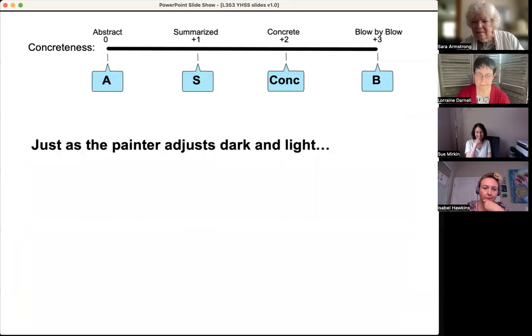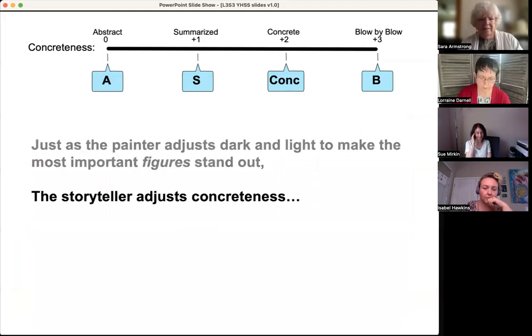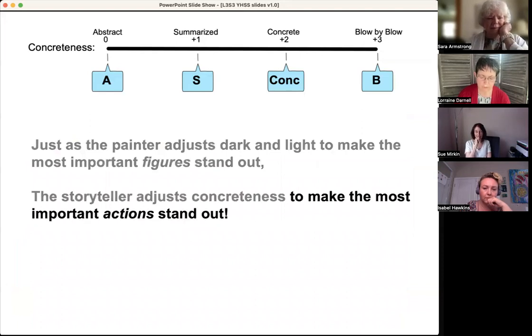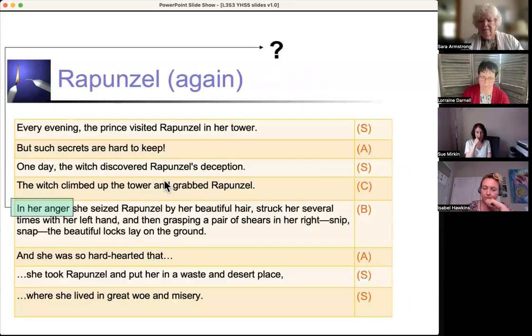So just as the painter adjusts light and dark to make the most important figure stand out, the storyteller adjusts concreteness to make the most important action stand out. So any questions on that first slide before we go on and review the second one? I forget where we are. So going with Rapunzel again,